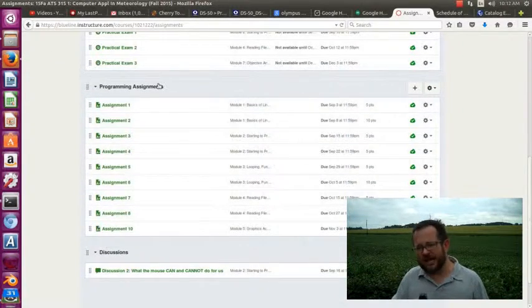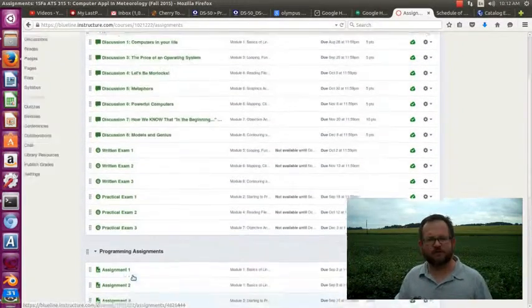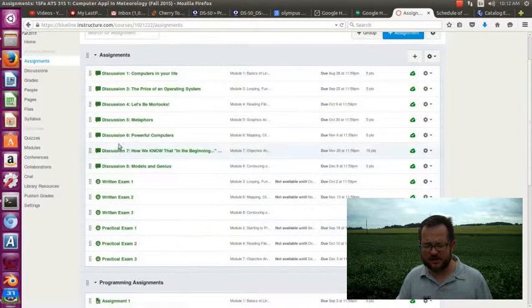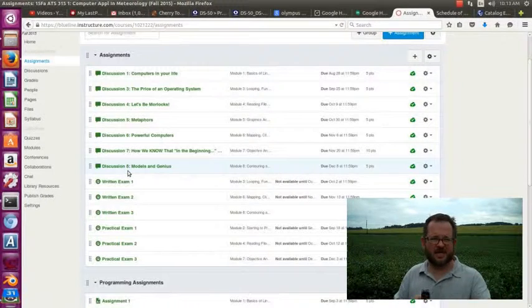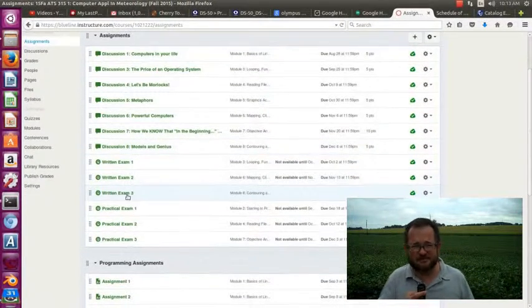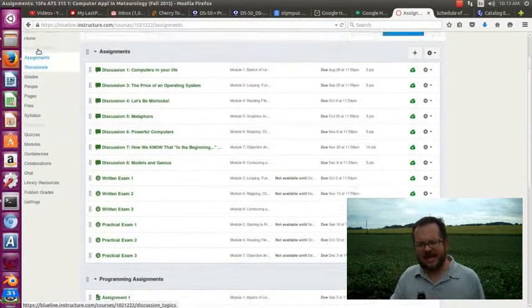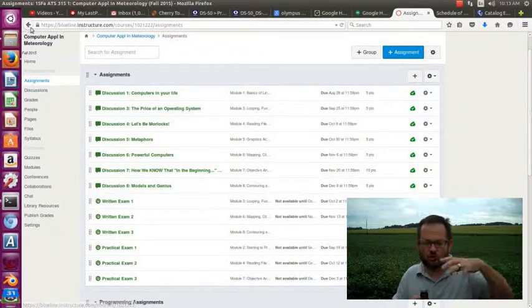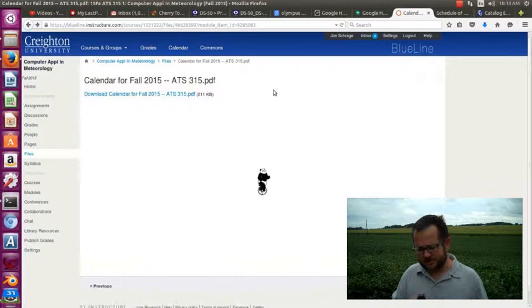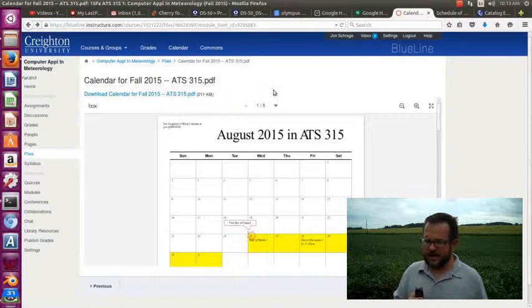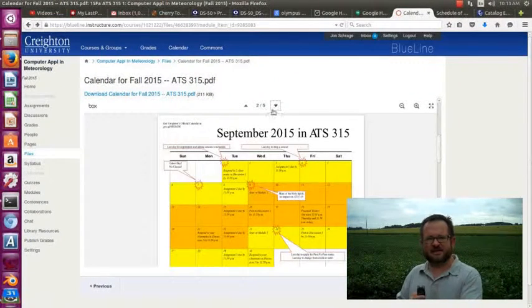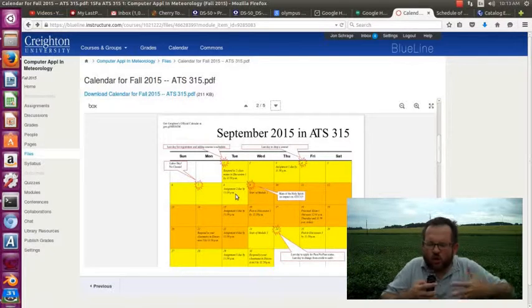Think of this class as more like piano lessons. I don't know if you ever took piano lessons when you were a kid or anything like that, but if you waited until the night before your next piano lesson and tried to do all the lessons at that time, you found out it doesn't work. Pretty much you had to practice every day. And in the same sort of way, don't think you're going to do the whole assignment the night before it's due. I mean, maybe, but more importantly, get a little bit done each day so that it's just always on your mind.